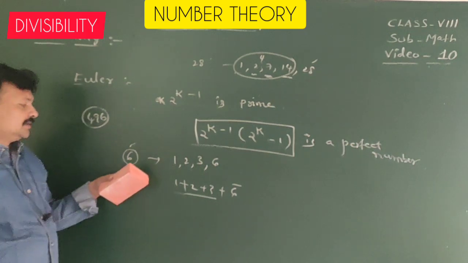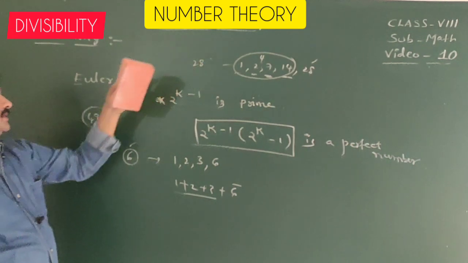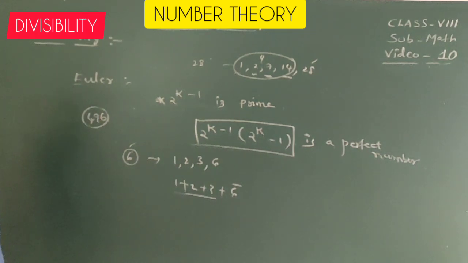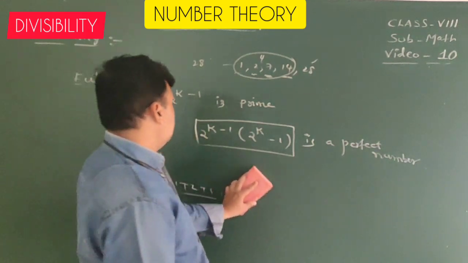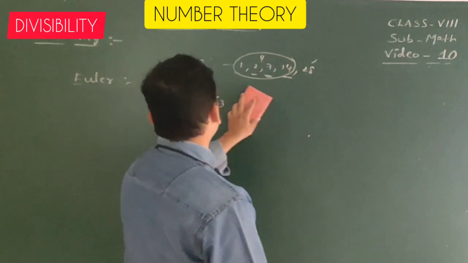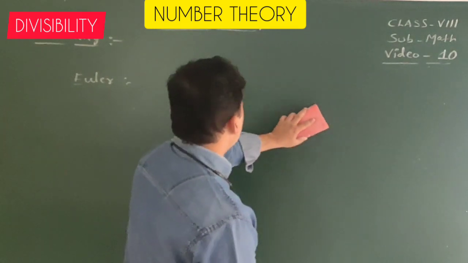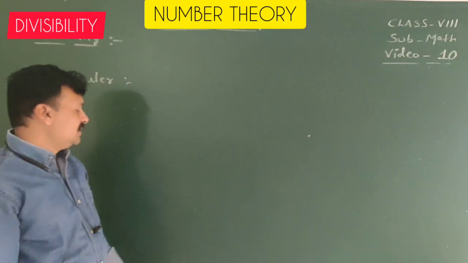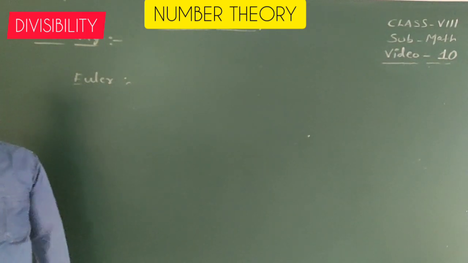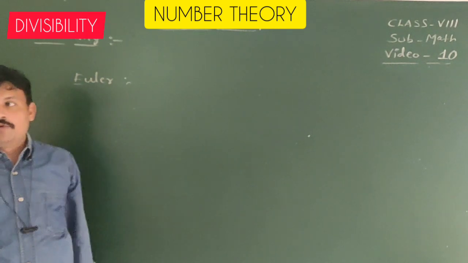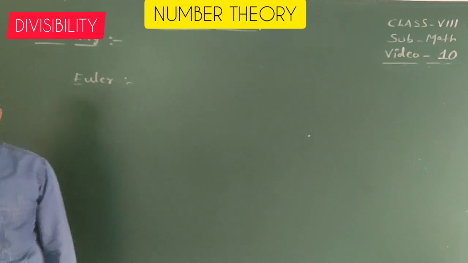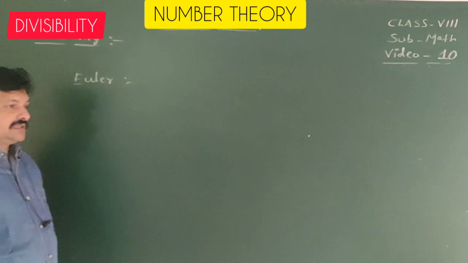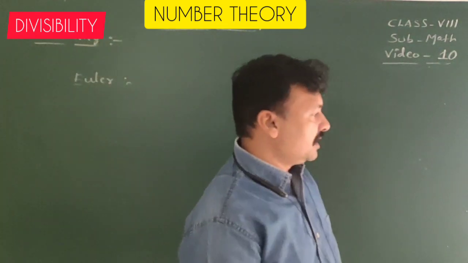Yes, 6 is a perfect number of 1 digit, 28 is perfect of 2 digits, 496 is perfect of 3 digits. The next one we have is a 6 digit perfect number. Perfect number: the sum of the factors of the number equals itself. If the sum of the factors of the given number is less than the number, they are deficient numbers. If the sum of the factors is greater, they are abundant numbers. Perfect means the sum of the factors of the number equals the given number.